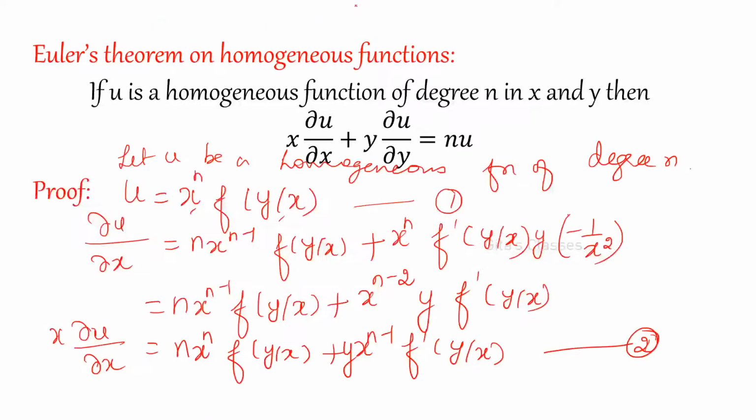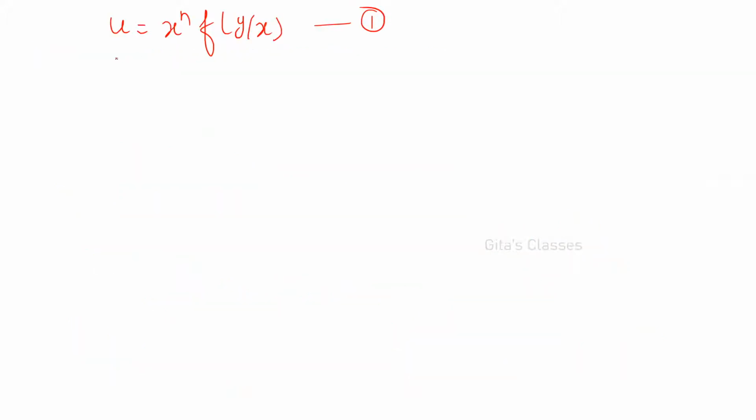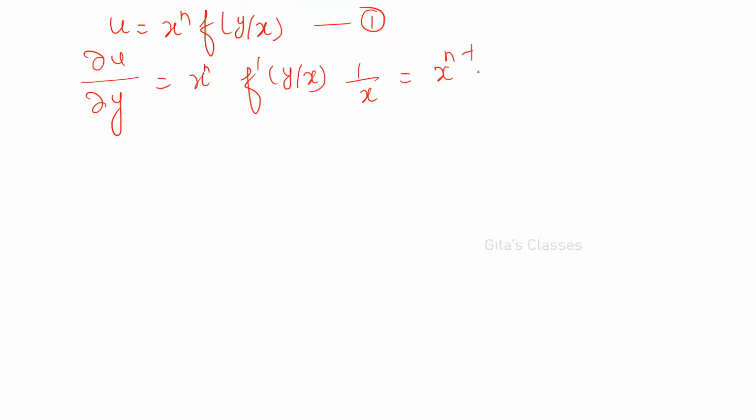Already whatever I have written, I am recollecting this, x power n for my convenience. Okay. So now you differentiate this partially with respect to y. So what will you get? Dou u by dou y is equal to, x power n is to be treated as a constant, right? Now f dash of y by x into, y is there in the numerator, so what will be there? X. So it will be x power n minus 1 into f dash of y by x, right?